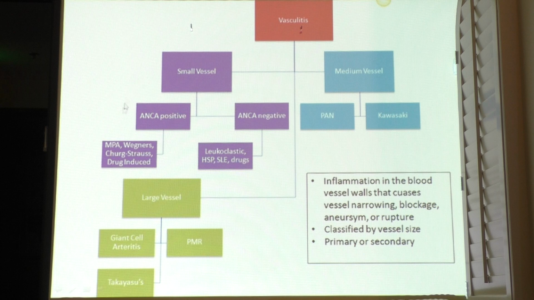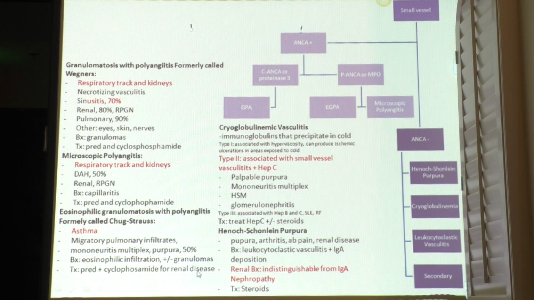And for the large vessel vasculitis that you need to know, the giant cell arteritis, the disease associations are the PMR and the temporal arteritis and the Takayasu. Okay, so this slide I want you guys to review on your own time. But like I said, the small vessel vasculitis, we have GPA, we have the MPA